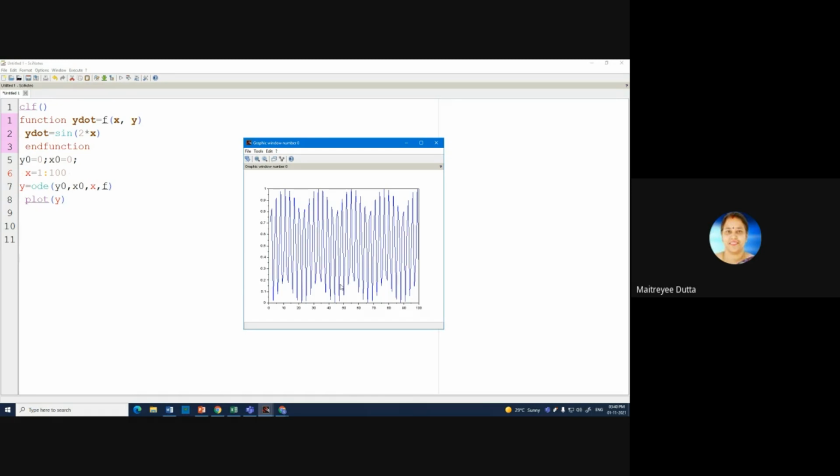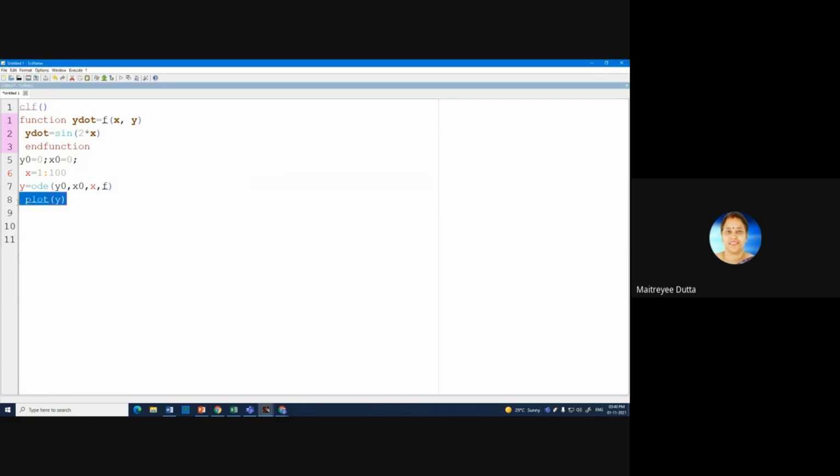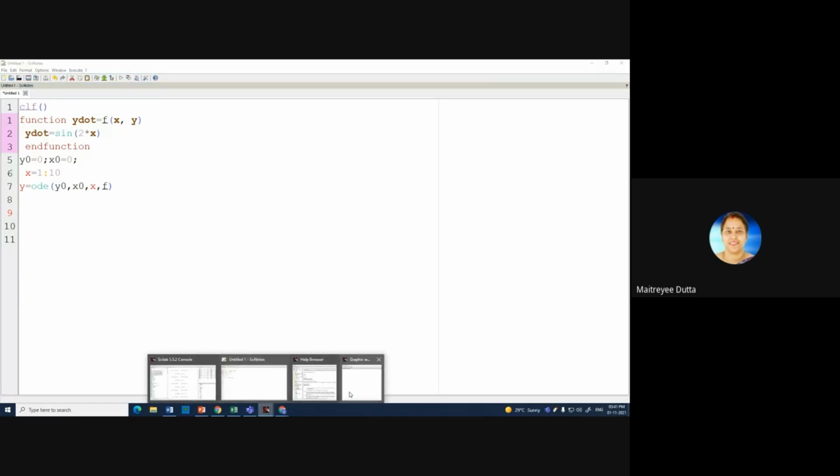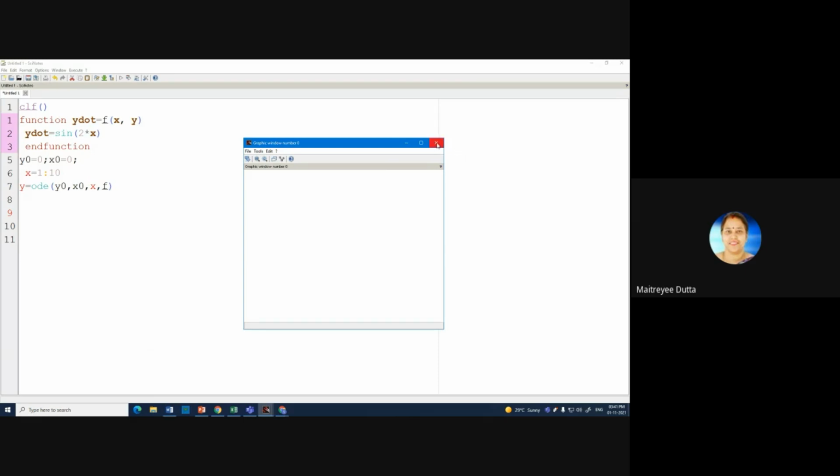If you do not plot, then you will get the values only. For example, if you are giving 1 to 10, and if you are writing file with echo, then okay,